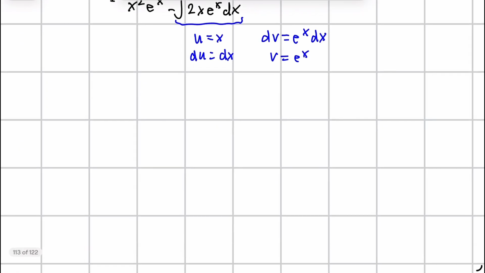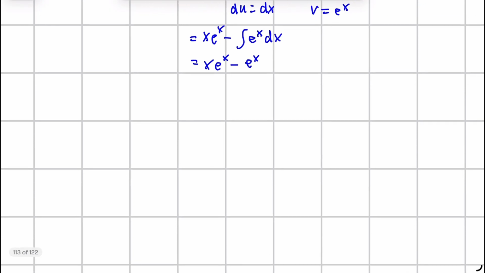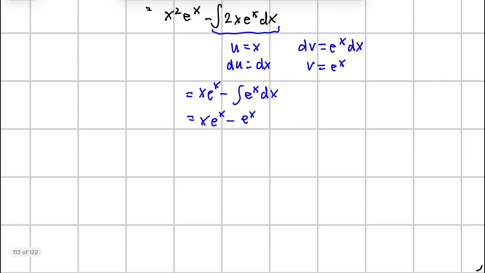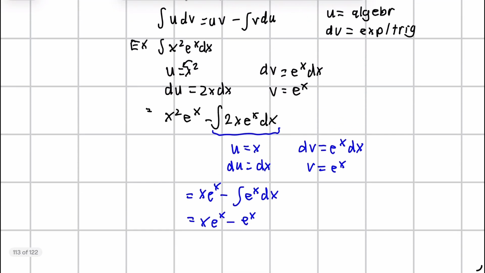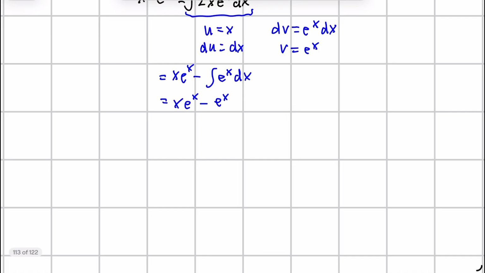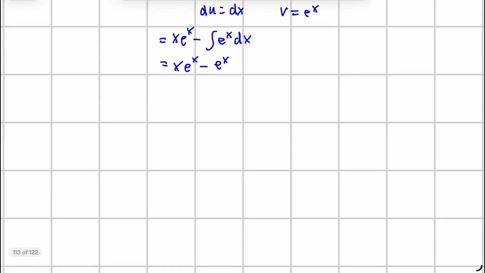So then for this part, we can rewrite this as a new integral. So this is going to become x times e to the power of x, and then subtract the integral of e to the power of x times dx. And then let's take the integral of this part right here. We can just know that it's simply e to the power of x. So we have x e to the power of x minus e to the power of x. So then now we just have to rewrite our entire expression. So in total, we can write